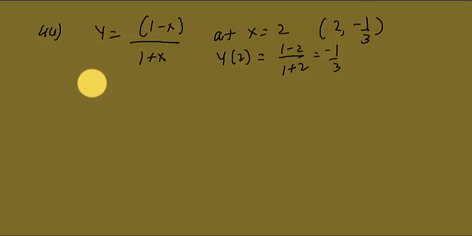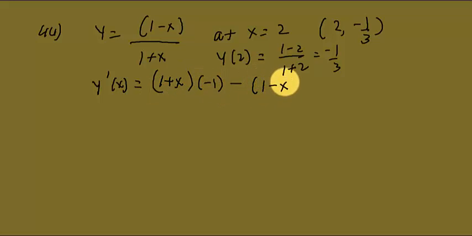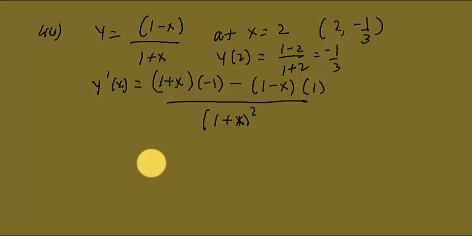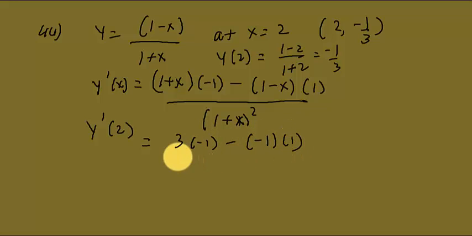The next thing we need to find is y prime. Y prime of x means the derivative, which means I have to use the quotient rule. Denominator times the derivative of the numerator minus the numerator times the derivative of the denominator, all that over denominator squared. We have to plug in 2. Don't simplify, just plug it in, then simplify. So when you plug in 2 every place you see an x, this is going to give me 3 times -1 minus -1 times 1, all that over